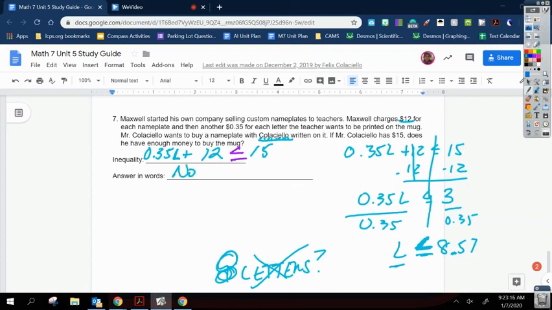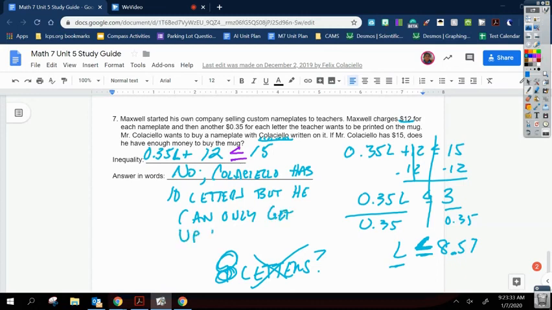Unfortunately, no, he cannot. Colacello has 10 letters, but he can only get up to